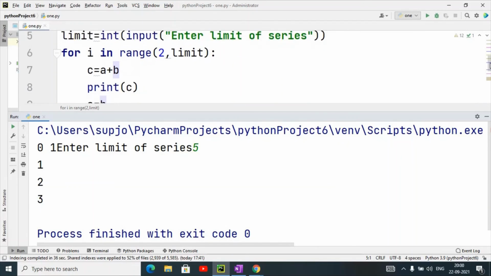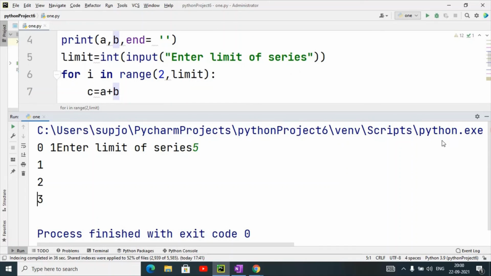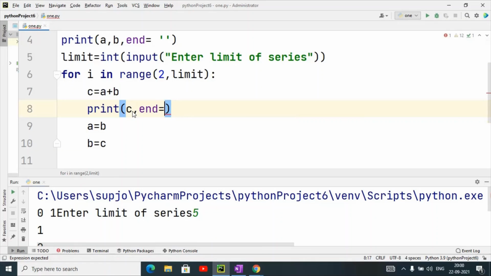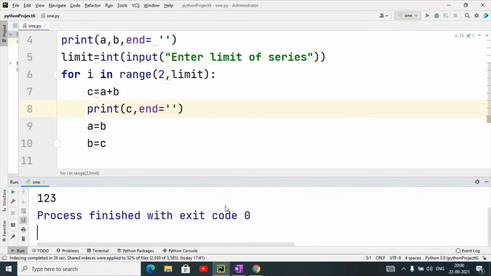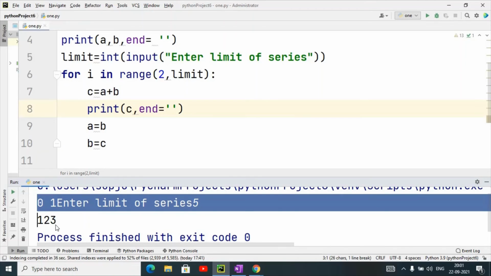If I want to take it in the same line, I again have to use it in the print function. Suppose I have given 5, so it will show 0 1 0 1, then the rest elements 1 2 3, so it will display the series like that.